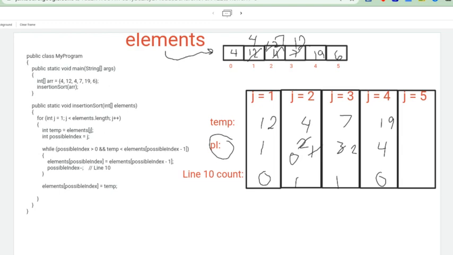And finally, when j is 5, temp gets 6. Possible index is 5. That's greater than 0, so I'm now evaluating the while loop condition. Is 6 less than 19? Yes, it is, so we are going into the while loop. We are going to execute the line 10 count. And what are we going to do there? 2 things. We're going to move the 19 back to replace the 6, and then we're going to decrement possible